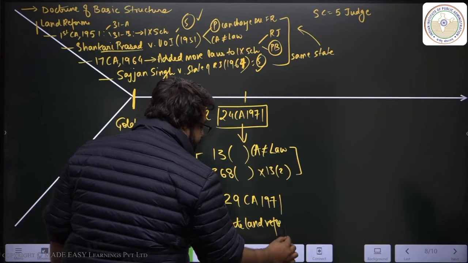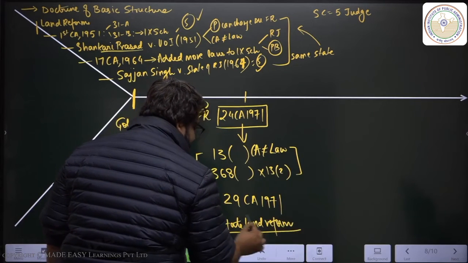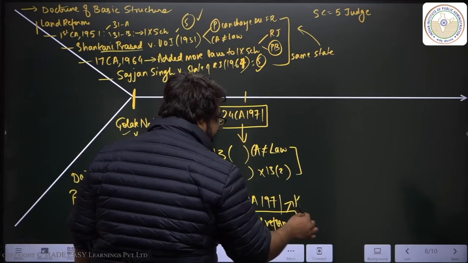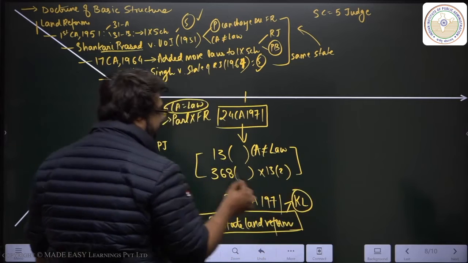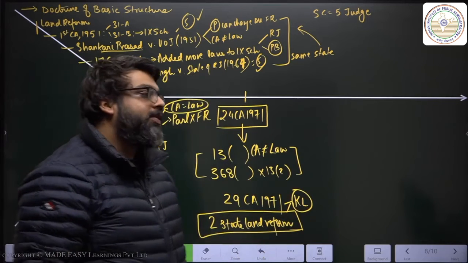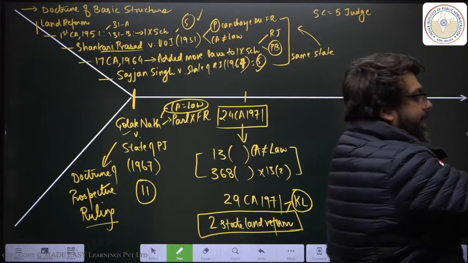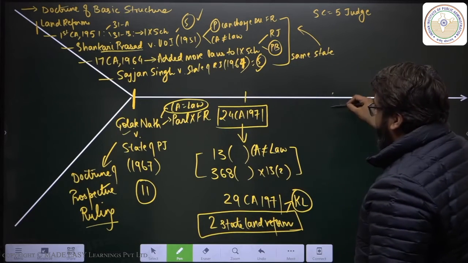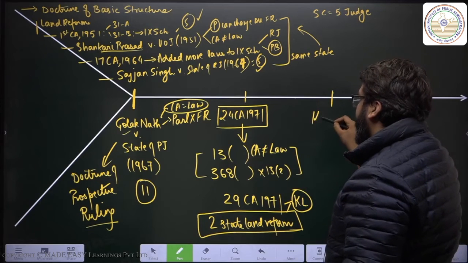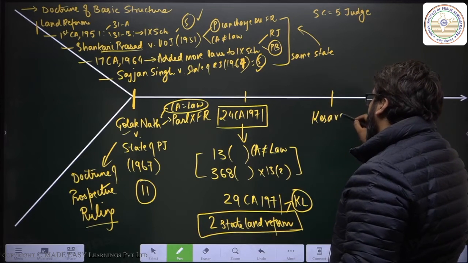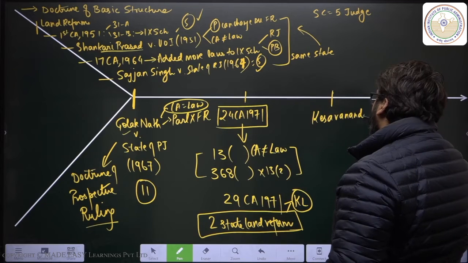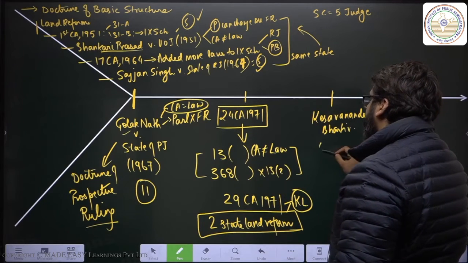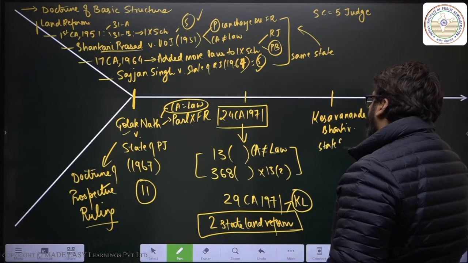And one of the states that they added was Kerala. And that, ladies and gentlemen, gives birth to Keshavananda Bharati versus State of Kerala,